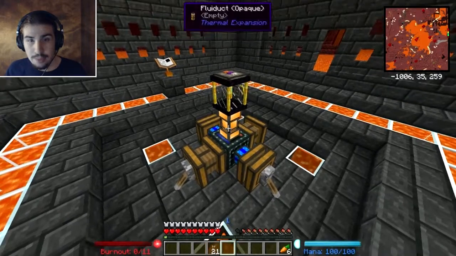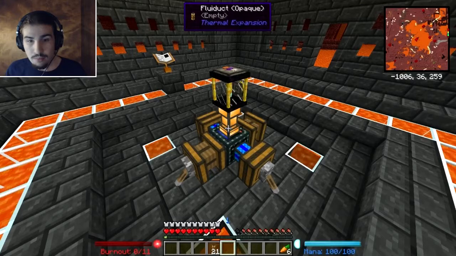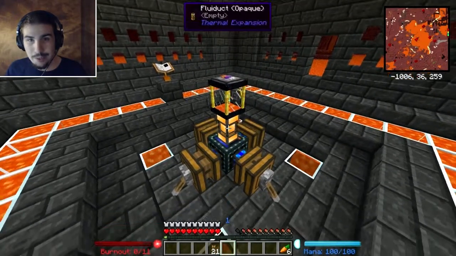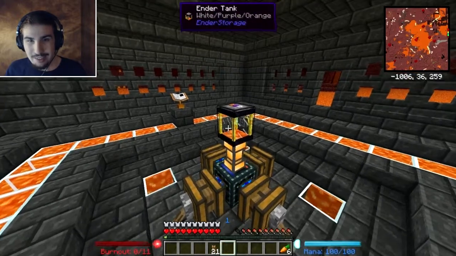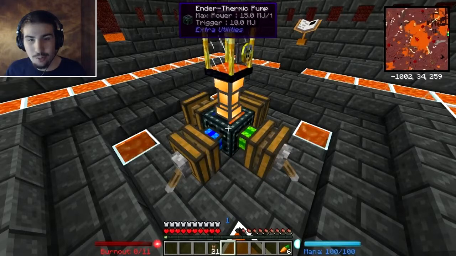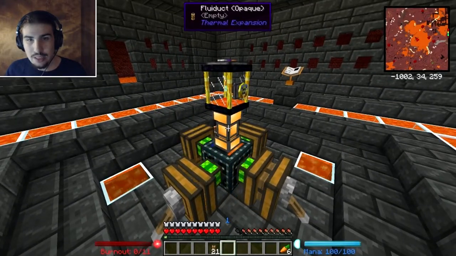Okay, it's not at max power, but it is powered. There we go! It's working! It's working! We're getting lava. Oh, it's not max power because the engines are still warming up. And I guess the item duct there really isn't needed, but...